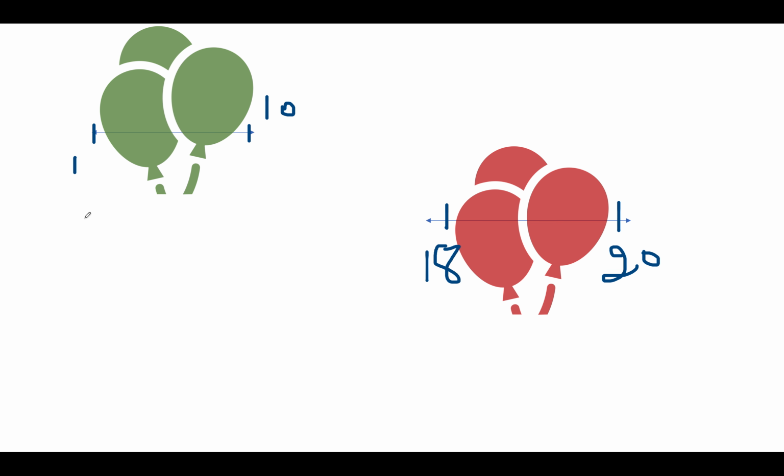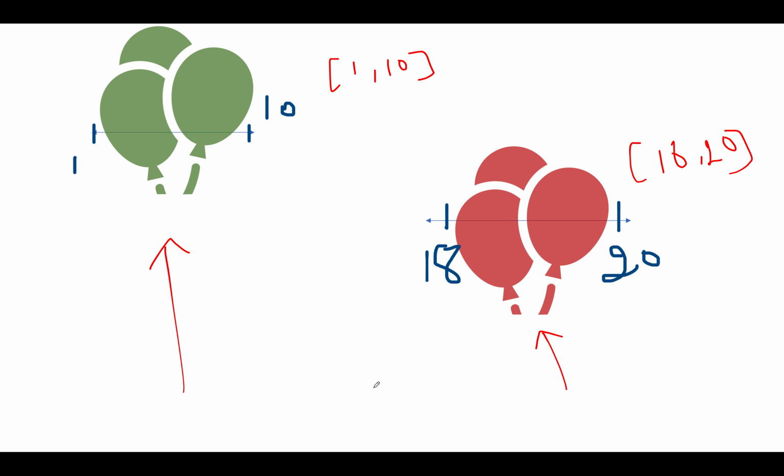In the first case, we have two balloons. The first one lies in the range of 1, 10 and the other one lies within the range of 18, 20 as depicted here, one in green and other one in red. So how are you gonna burst these two balloons up? How many arrows would be needed for it? The first one comes like this, the other one comes like this. In totality, how many arrows have we used? Two arrows we have used.